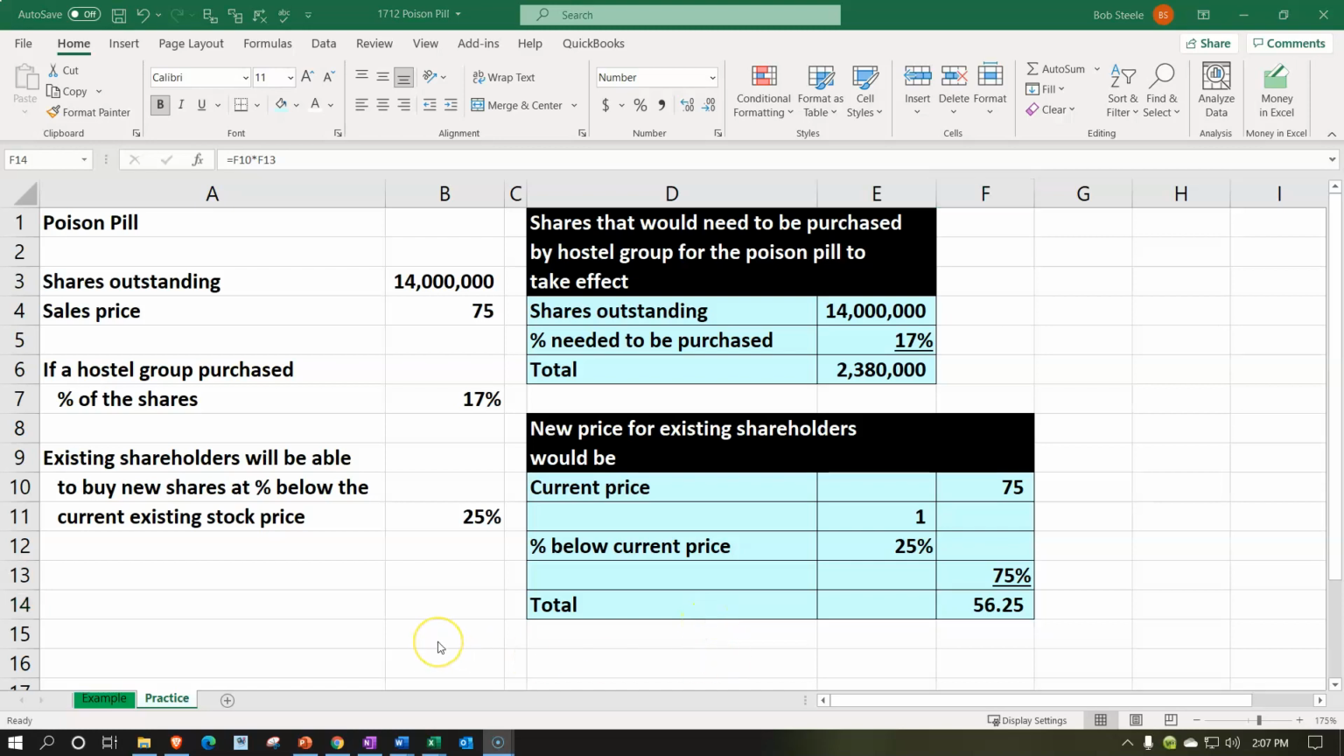So again, bottom line, different kinds of poison pills could be put into place. The idea is to make it difficult for, say, a hostile party to do a takeover by buying a whole bunch of the shares. And in this case, it's going to take effect after the 17%. So that would be the 2,380,000 shares. And the way it's going to take effect is to make it easier for the current shareholders